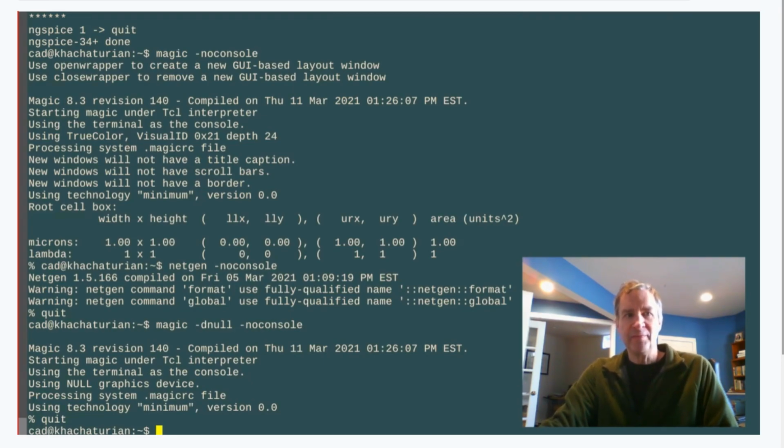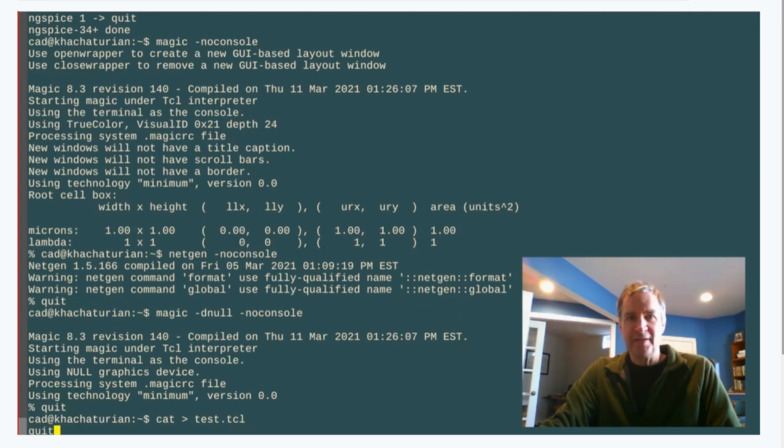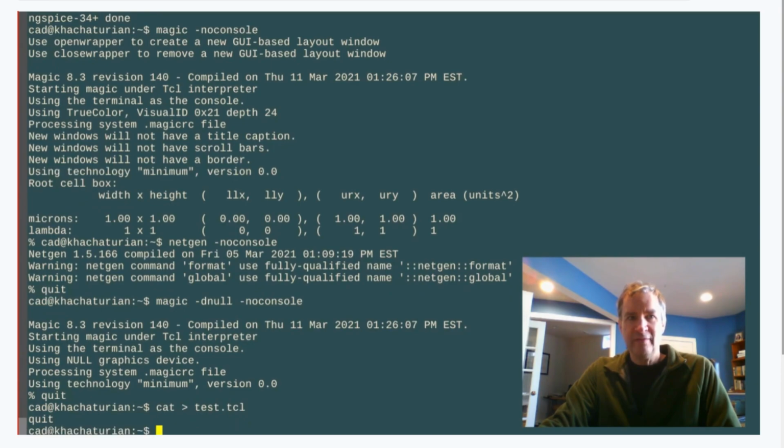Create a very simple command file by doing cat > test.tcl and typing quit followed by Control-D. Or if you prefer, you can create the file in a text editor like Nano or Vim. Now you can use this script to see how each of the main Tcl-based applications can be run in batch mode, such as magic -d null -noconsole test.tcl,